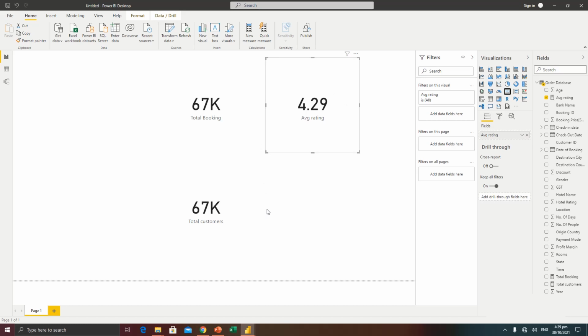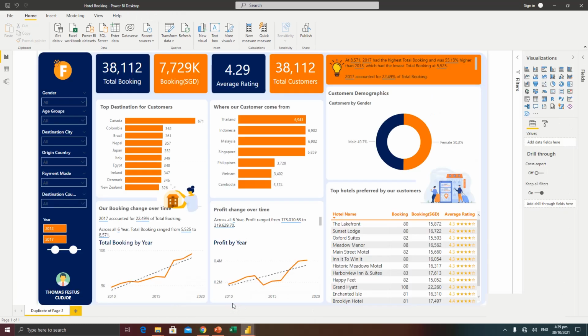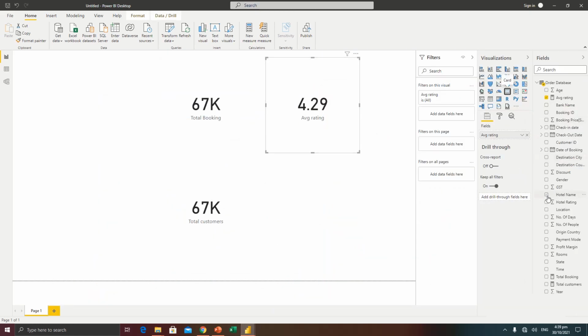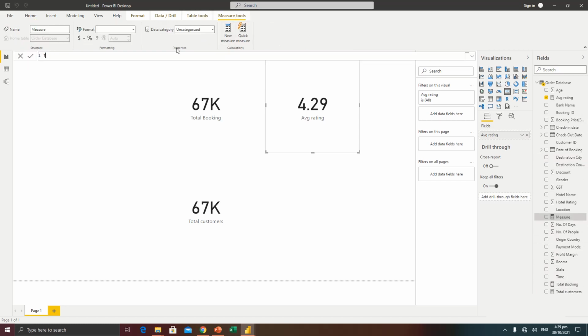Now let's take a look at our demo dashboard and see some of the things that we also need to calculate here. So I'll go to our demo dashboard, and now we also have total customer and then total booking amount. So what I will do is to go back to this and then determine our total booking that we have received. So I'll go to new measure, then total booking